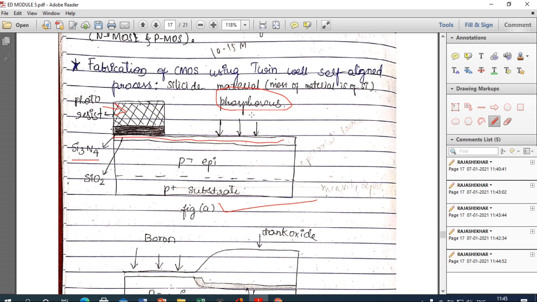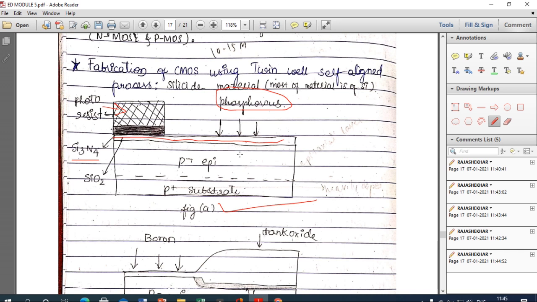That well belongs to the N-type because in phosphorus the majority charge carriers are electrons. So an N-well can be obtained using this phosphorus material, a semiconductor material where the majority charge carriers are electrons. This phosphorus is implanted or doped or diffused, all are the same here, into the P-type or P plus substrate. So just to create an N-well, that is a well which is used to construct a PMOS.